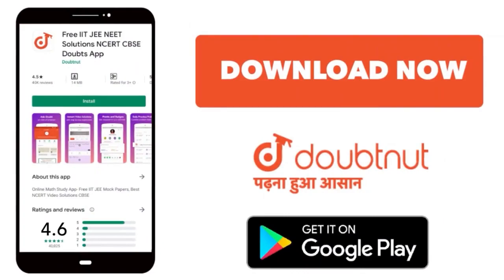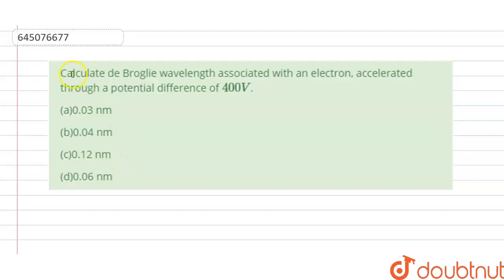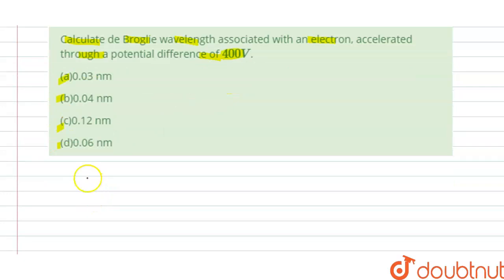Hello students, today our question is: calculate the de Broglie wavelength associated with an electron accelerated through a potential difference of 400 volt. We have options A, B, C, D given to us, so we have to find the correct option. So the solution of this question is,